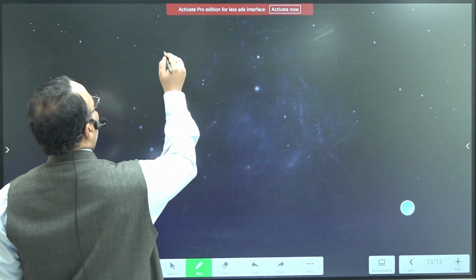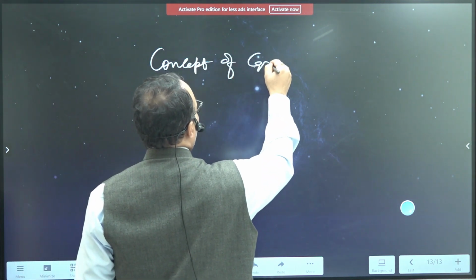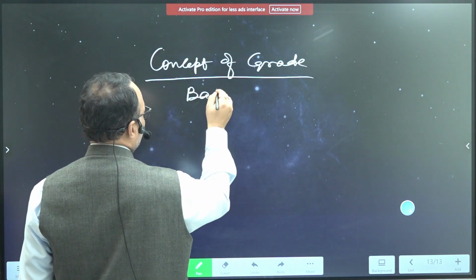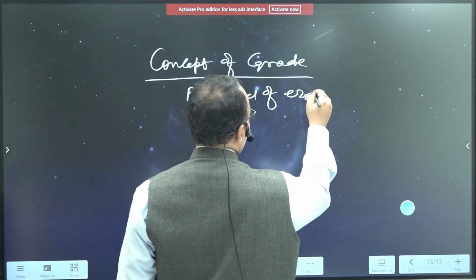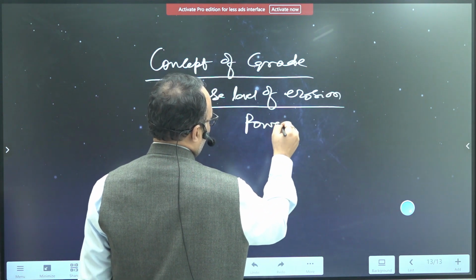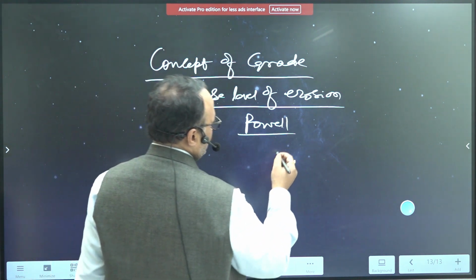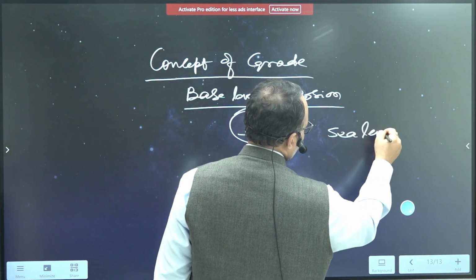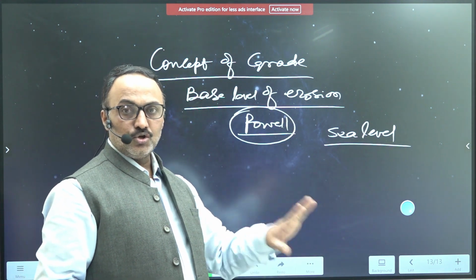the concept of grade, or baseline of erosion. Base level of erosion. So the base level of erosion concept was given by Powell, a very important, renowned geographer he was. So he said that it is the sea level which is the base level of erosion, beyond which no geomorphic